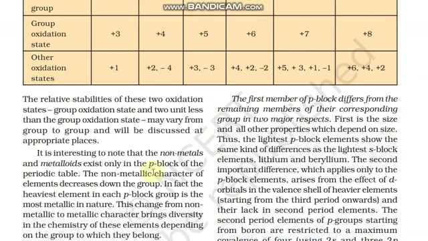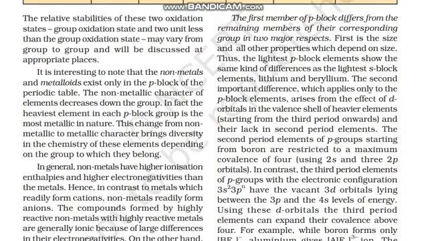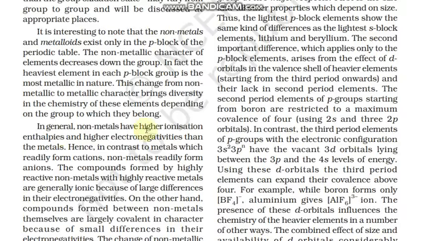It is interesting to note that there are non-metals, metalloids, as well as metals existing in the p block. When you move to the right of the table, you can see more and more non-metals, and on the left of the table there are lots of metals. In general, non-metals have high ionization enthalpy and high electronegativity, as you know. Normally, when a non-metal and a non-metal combine, they form a covalent bond. When a metal and a non-metal join, they form an ionic bond.